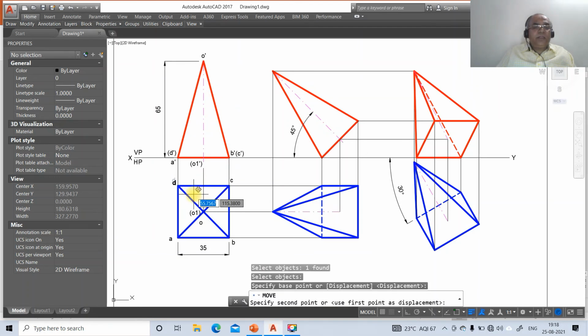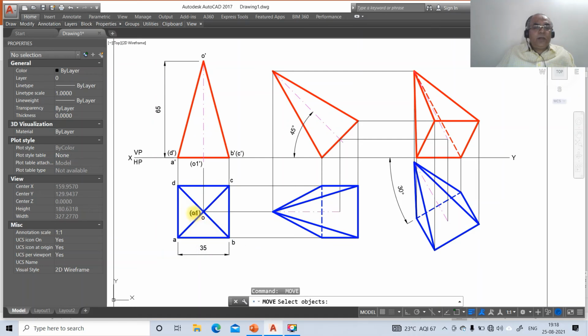Then you mark this as D, you mark this as A, you mark this as O, and this as O1, and it is B, and here it is C.